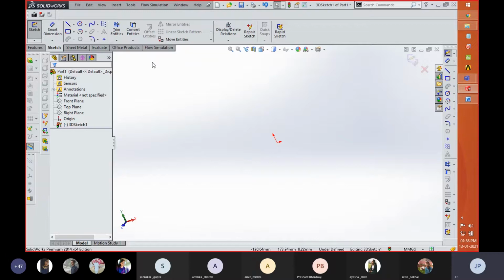Now, whenever you are going to create any object, first of all, you have to set the unit system of the software in which you are going to work. In the current module, we are working in millimeter gram second. From here, you can change the unit system, which I am right now using as MMGS, so millimeter gram second.